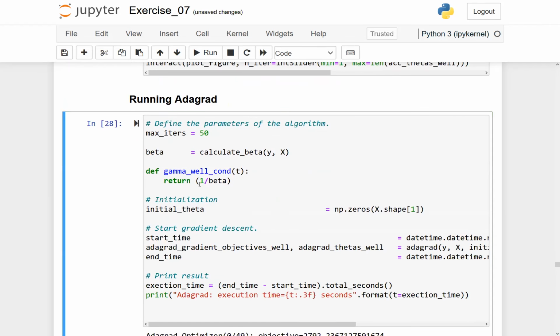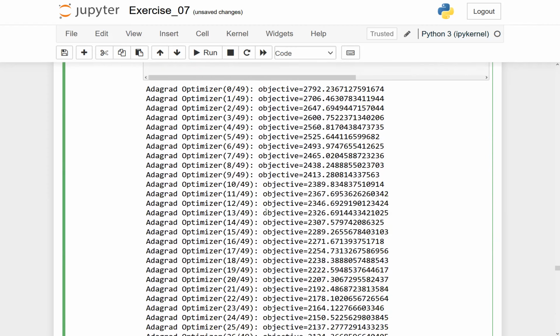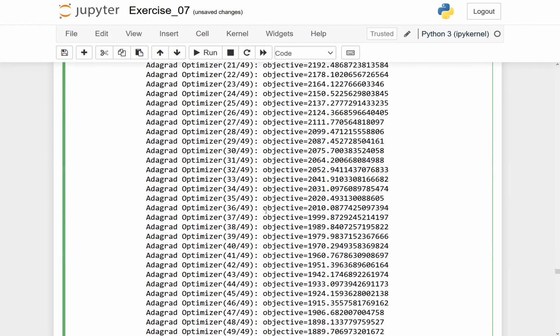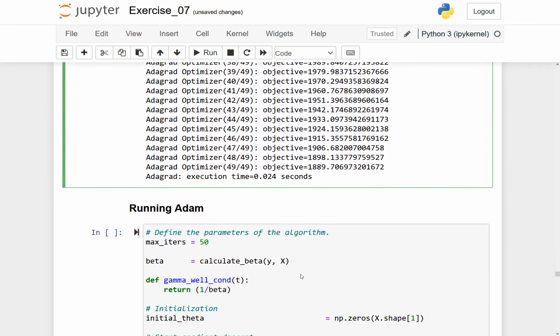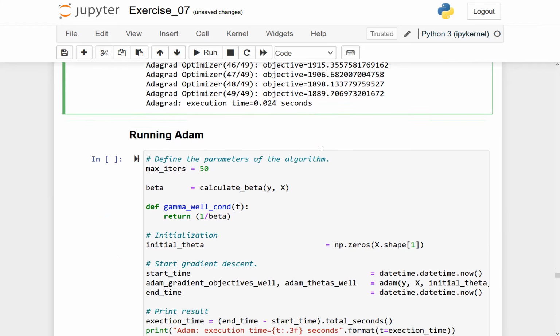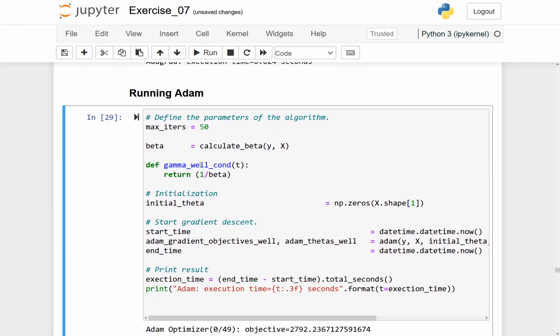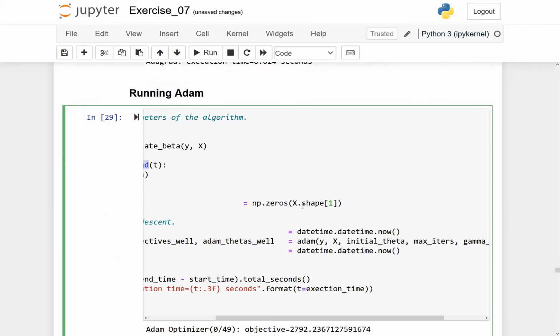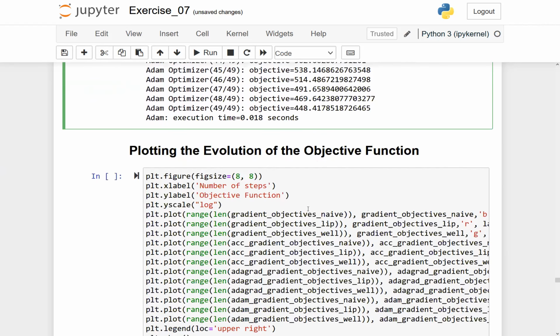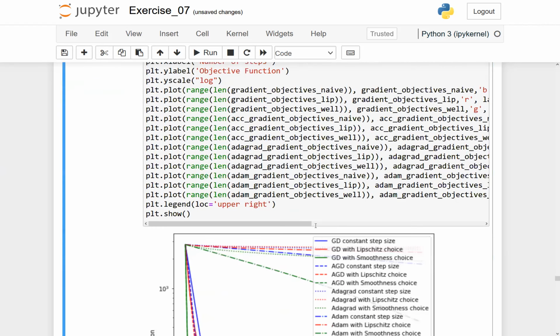Adagrad, using also 1 over beta. So you see, I don't tell you something different. A bit better than what we saw before, but not nearly as good as the others. Adam, same, well conditioned, gamma well conditioned. All the rest is by default. Better, way better than before, but still room for improvement. And if we plot everything together into one figure,